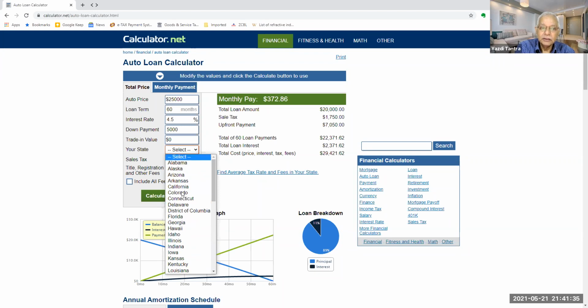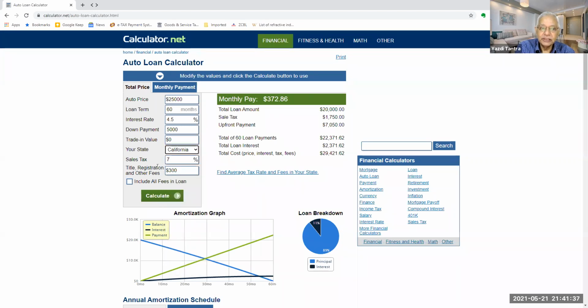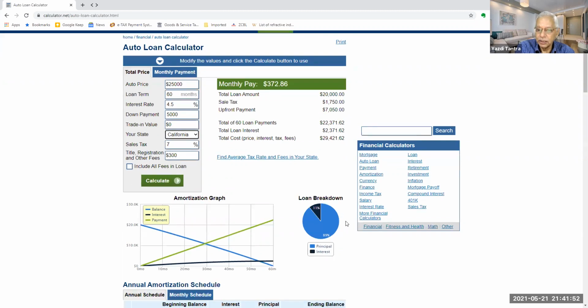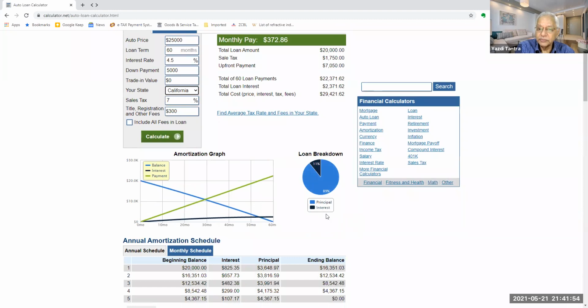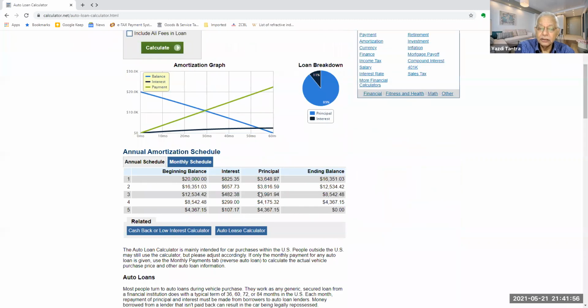Okay, so if you are in California, for example, the sales tax is 7%. Registration fees, you may include all fees in the loan, or you don't include. It is your choice. You can just say calculate, and it will give you the monthly payment and the entire breakup, how you are paying, what is the principal, what is the interest, and it is just 5 years.